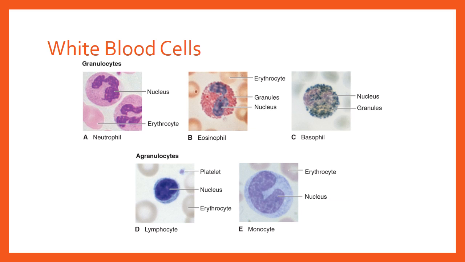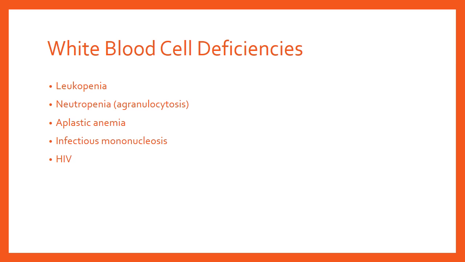So again, this is the same slide. So what happens if we're having white blood cell deficiencies? We can have leukopenia, deficiency of leukocytes in general. We can have neutropenia, and by neutropenia usually the general umbrella term is agranulocytosis, because we really cannot differentiate,